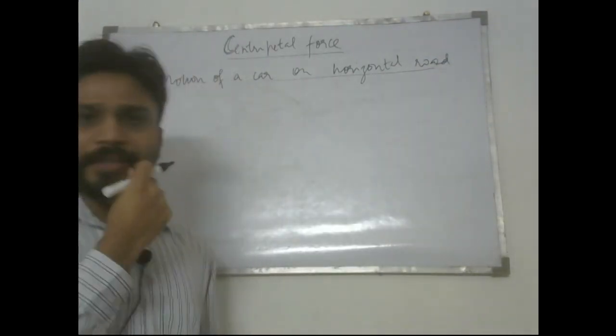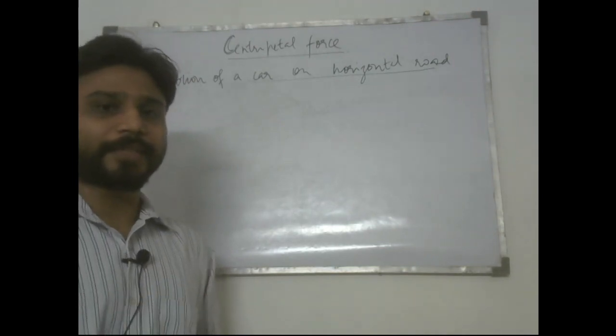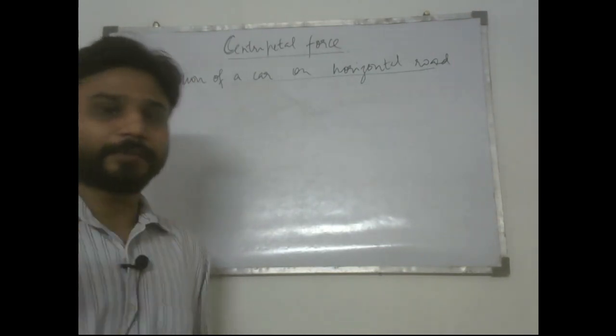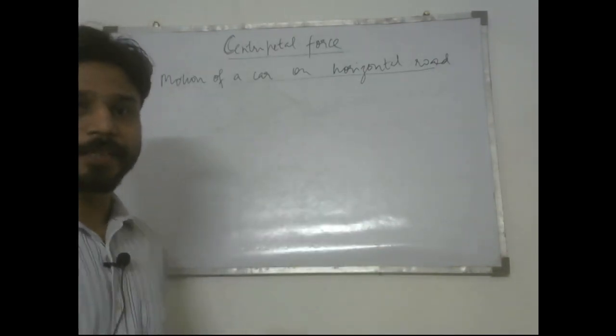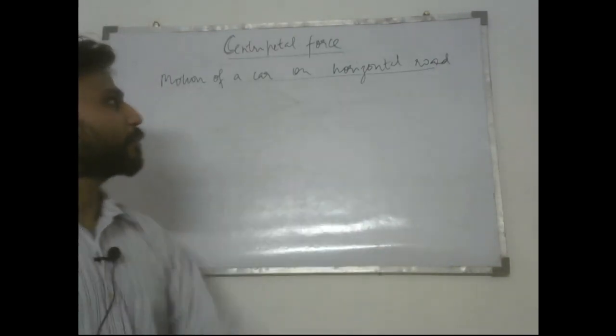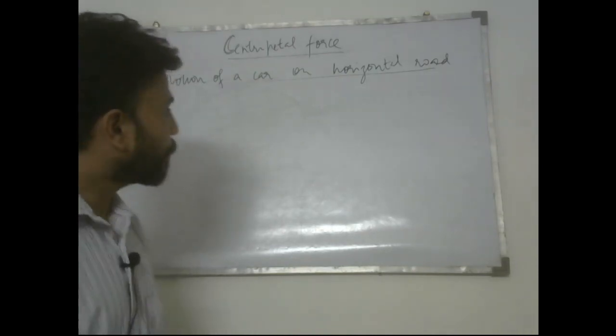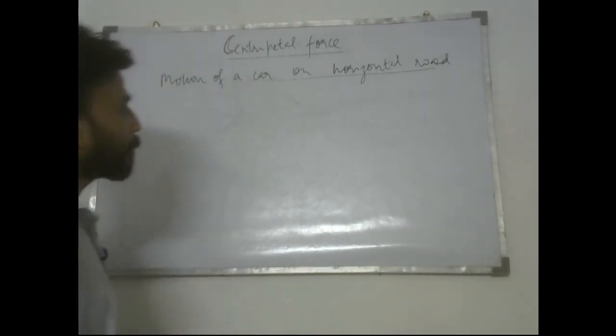What we mean by banking? By banking we mean a road which is inclined at some angle and it's a curved path. So the topic which we are saying is motion of a car on a horizontal road. So when we talk about horizontal roads,